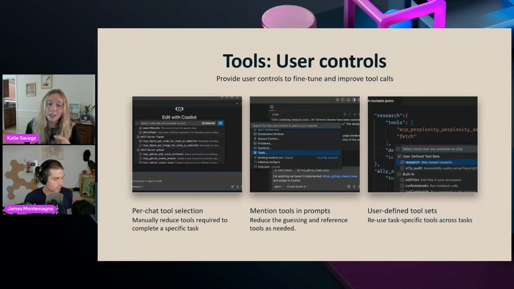All right. A really cool thing about tools is that you have a ton of control over these. So you can configure them per project or system wide. You can also directly select which tools you want to use when you're making a chat request. James was doing that when he was using that hashtag or the pound symbol.